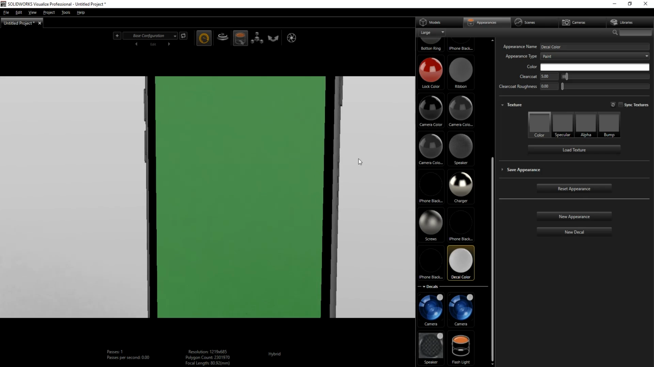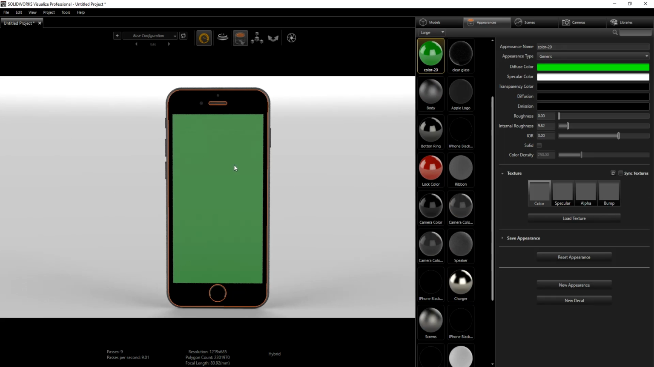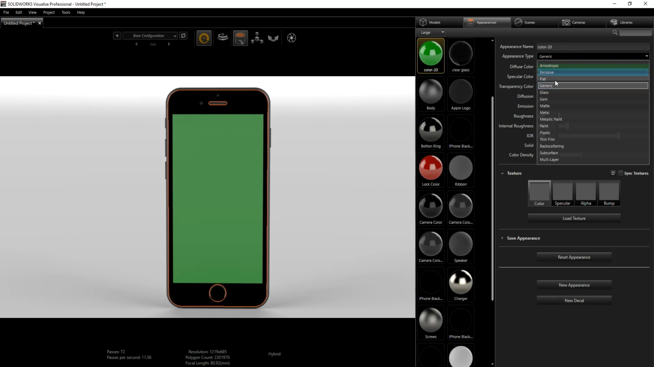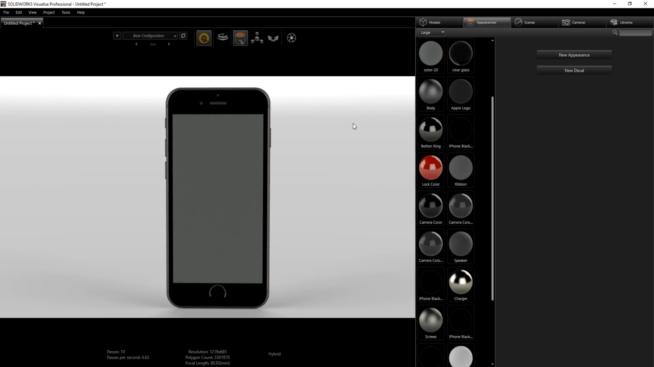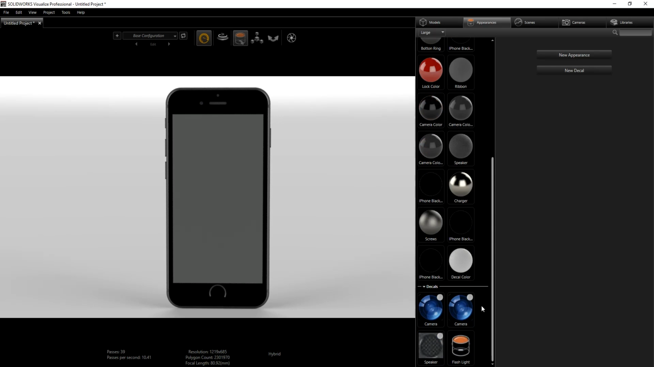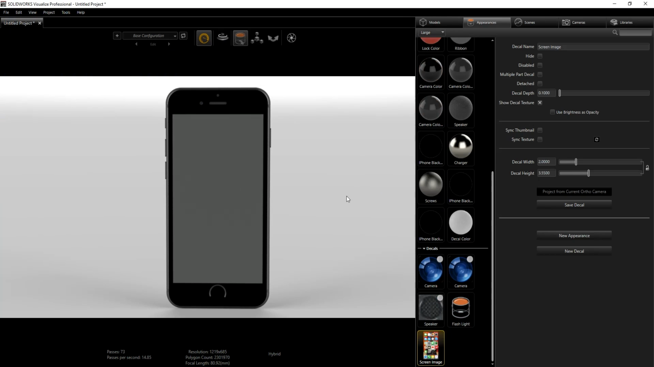So the next thing we need to do is just add some type of image to the screen. I can actually delete this green, or you know what, I'm not gonna delete it. I'm just gonna change it to some type of color that is maybe a gray color. Yeah, something like that. And I'm just gonna make another decal, new decal, and select this. This image is just a screenshot that I took on my iPhone, and I'm just going to drag it to that face,